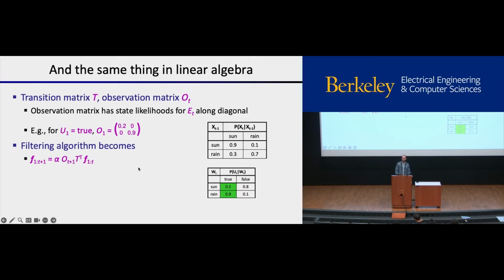If you prefer to think about it not in terms of linear algebra, this is redundant with the slide that I showed you before, and you could just think about it like that. If you're excited about vectorized code and Python, this would be how you do it. And so then the filtering algorithm looks shorter. That's what it is. You do a couple of matrix multiplications from the vector you started with, and you end up with a new vector. So if you know anything about GPUs, maybe you can see that this would run pretty fast.